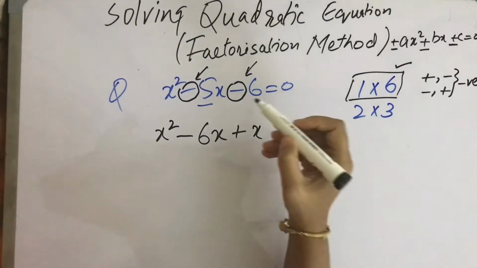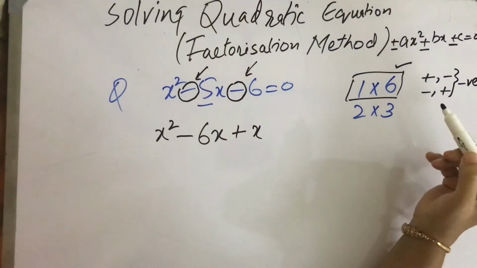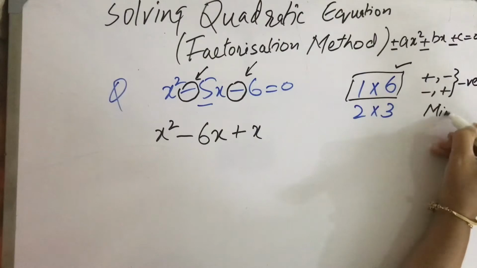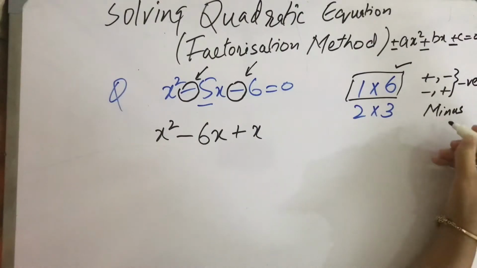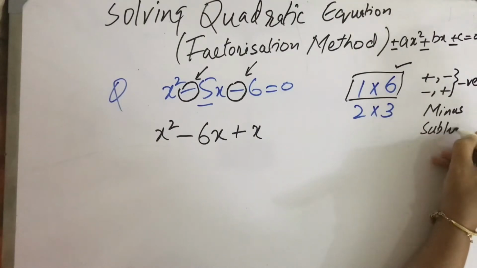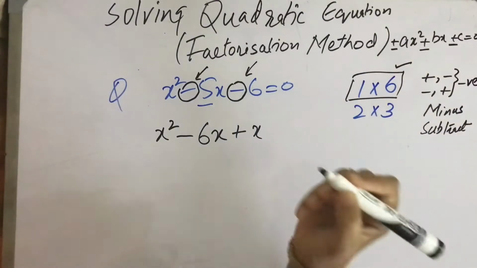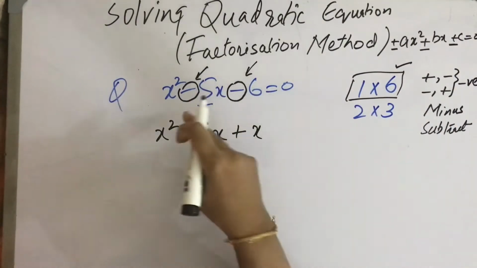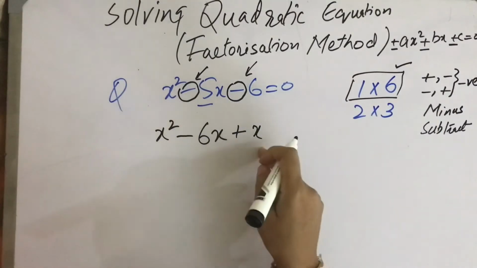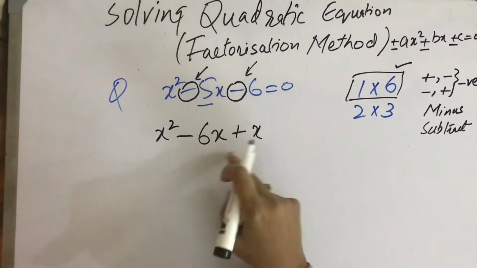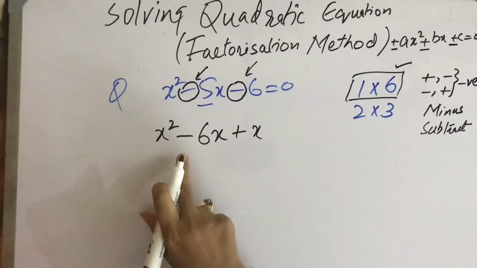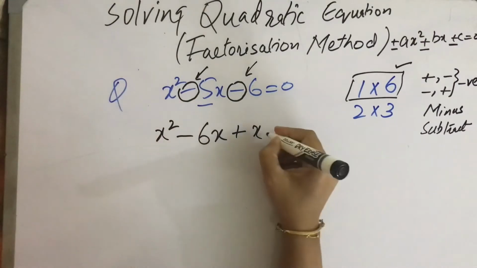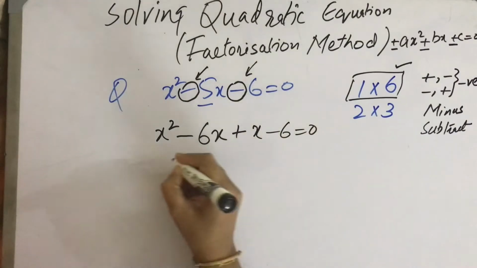As I have to minus the factors because this is negative, so we have to subtract the factors. Subtract is a better word. Okay, so they will have opposite signs, so bigger factor will have negative sign and the smaller factor will have opposite sign, that is positive. When I shall subtract plus 1 from minus 6, I shall have minus 5. And now I have